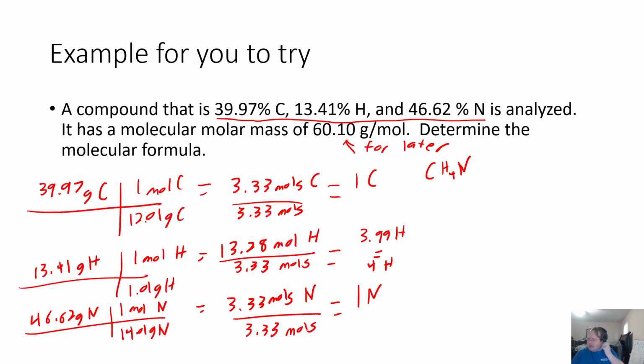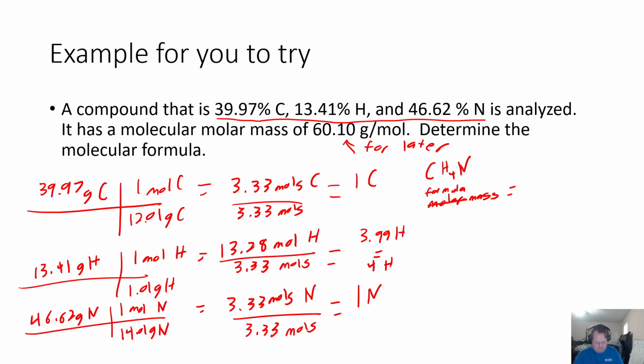But this is not necessarily our molecular formula. We have to determine that by finding the molar mass of our empirical formula. So its molar mass, or formula mass, I'll use that term better because we don't know if this is the one for the molecule yet. The formula mass for this compound, I look up. Nitrogen is 14.01 grams per mole, carbon is 12.01 grams per mole, and hydrogen is 1.01 grams per mole, but I have 4 of them. So it's 4.04 grams per mole for it. I then add all those numbers together,